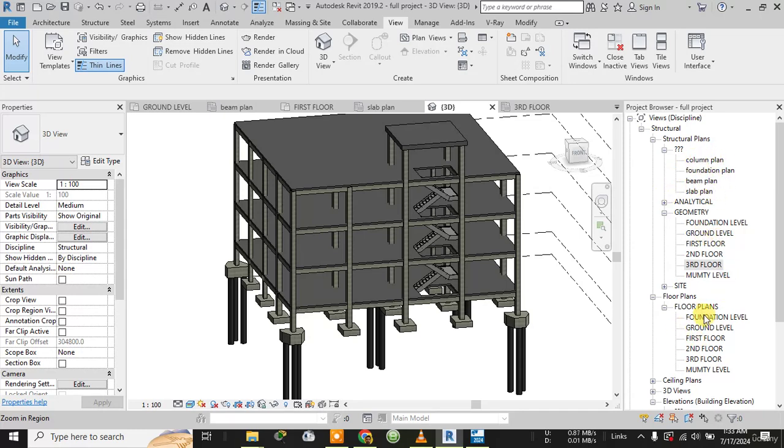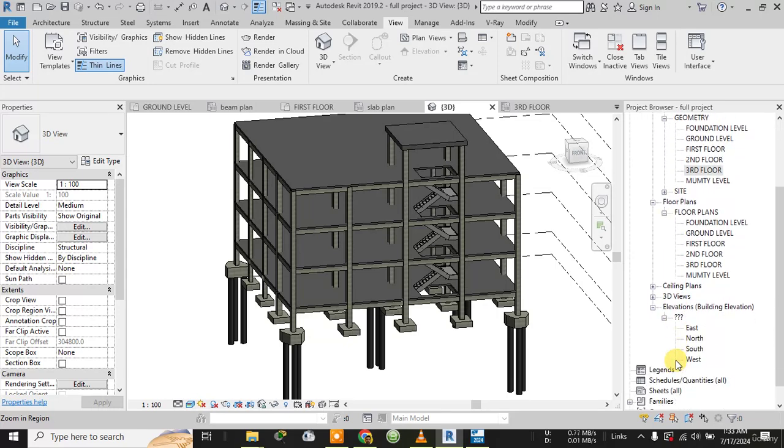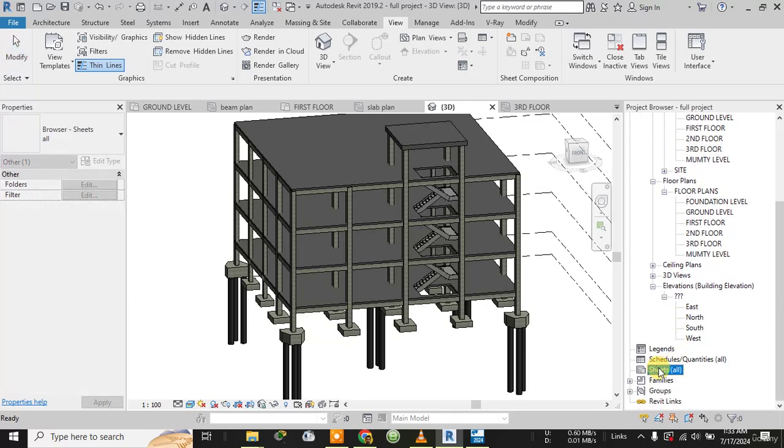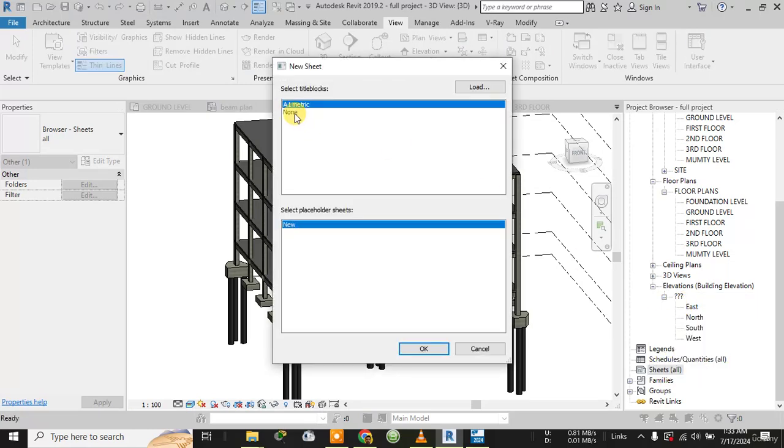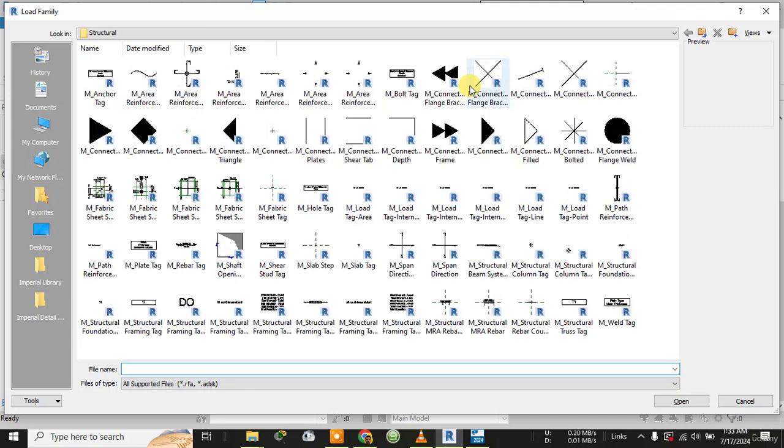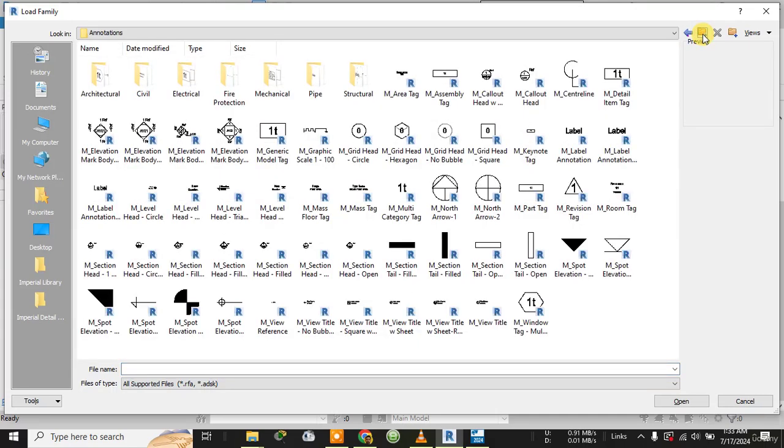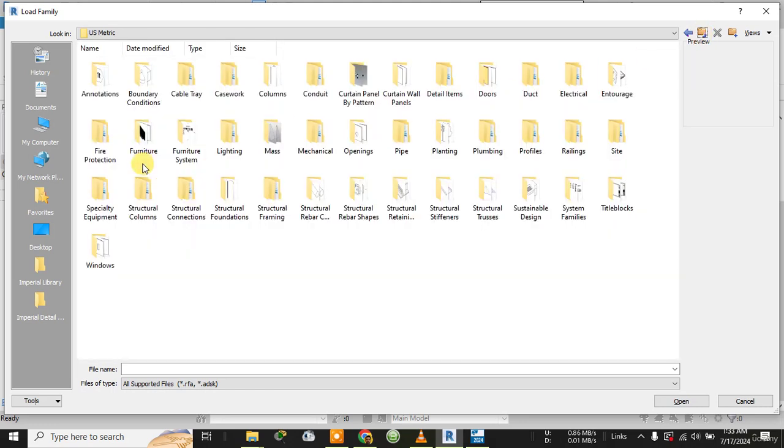So for that, what you need to do is you have to simply go to the sheets. In the sheets you have to right click it and create new sheets. In the new sheets, A1 is present and none is, so you need to click on load. After clicking on load, you need to go back. After going back, you need to go to the annotations, boundaries, columns,